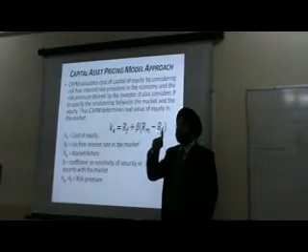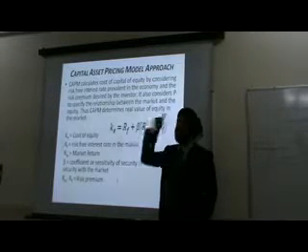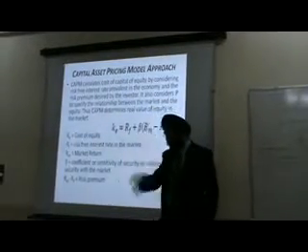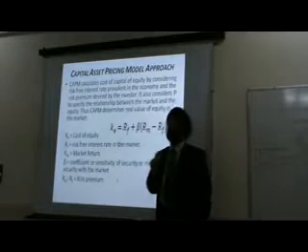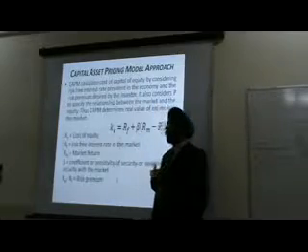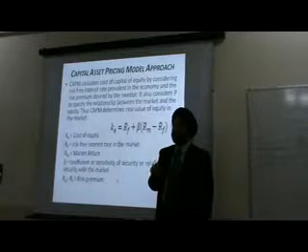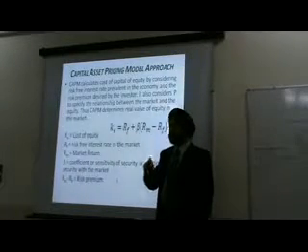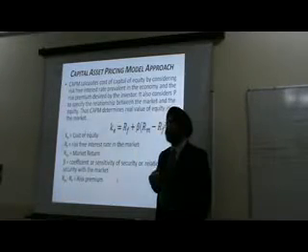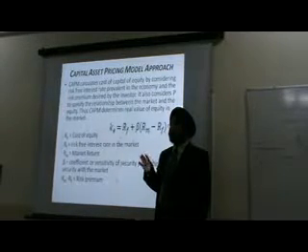But if I say beta is 2, then if the market moves up 1%, your share price will rise by 2%. If the market moves down by 1%, your share price will also go down by 2%. It means there is an equal risk factor up and down the market. Do you see my point? Market sensitivity with respect to the shares is the amount by which the share fluctuates with that of the market. You got the point?